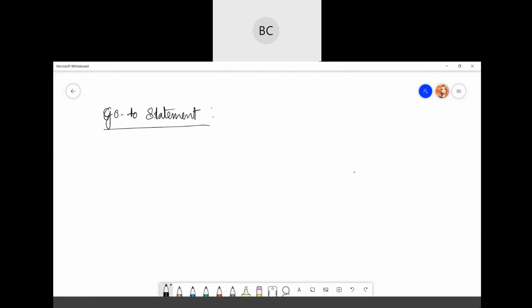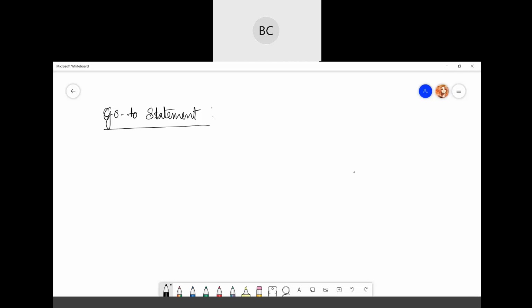So this is also known as your jump statement. Why jump statement? Because it just transfers the control of your program to a predefined label. There will be a particular label and it will just pass the control to that label portion of your programming code.